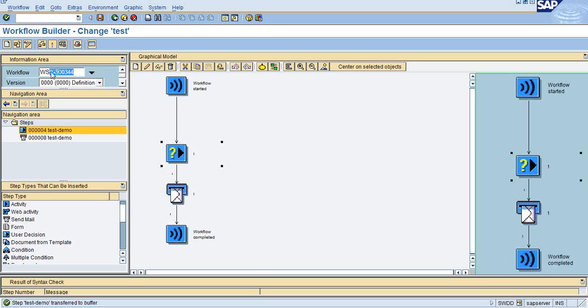But out of this 8 digits, the first 3 digits are defined or configured by the basis people. This particular configuration, this prefix number, is client dependent. So we have to configure this prefix number in each client, because suppose I want to transport this particular workflow to another client and the same workflow number exists in that client, then